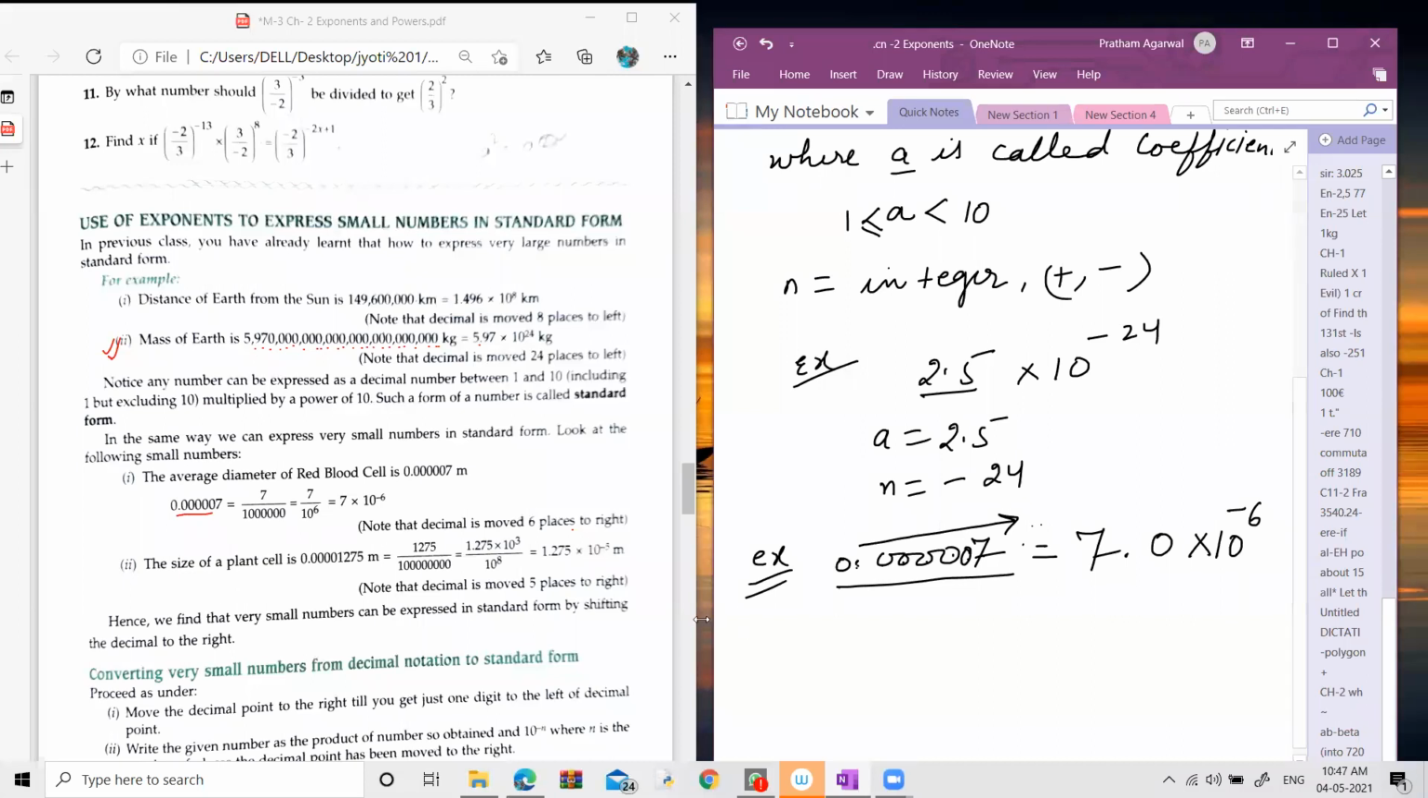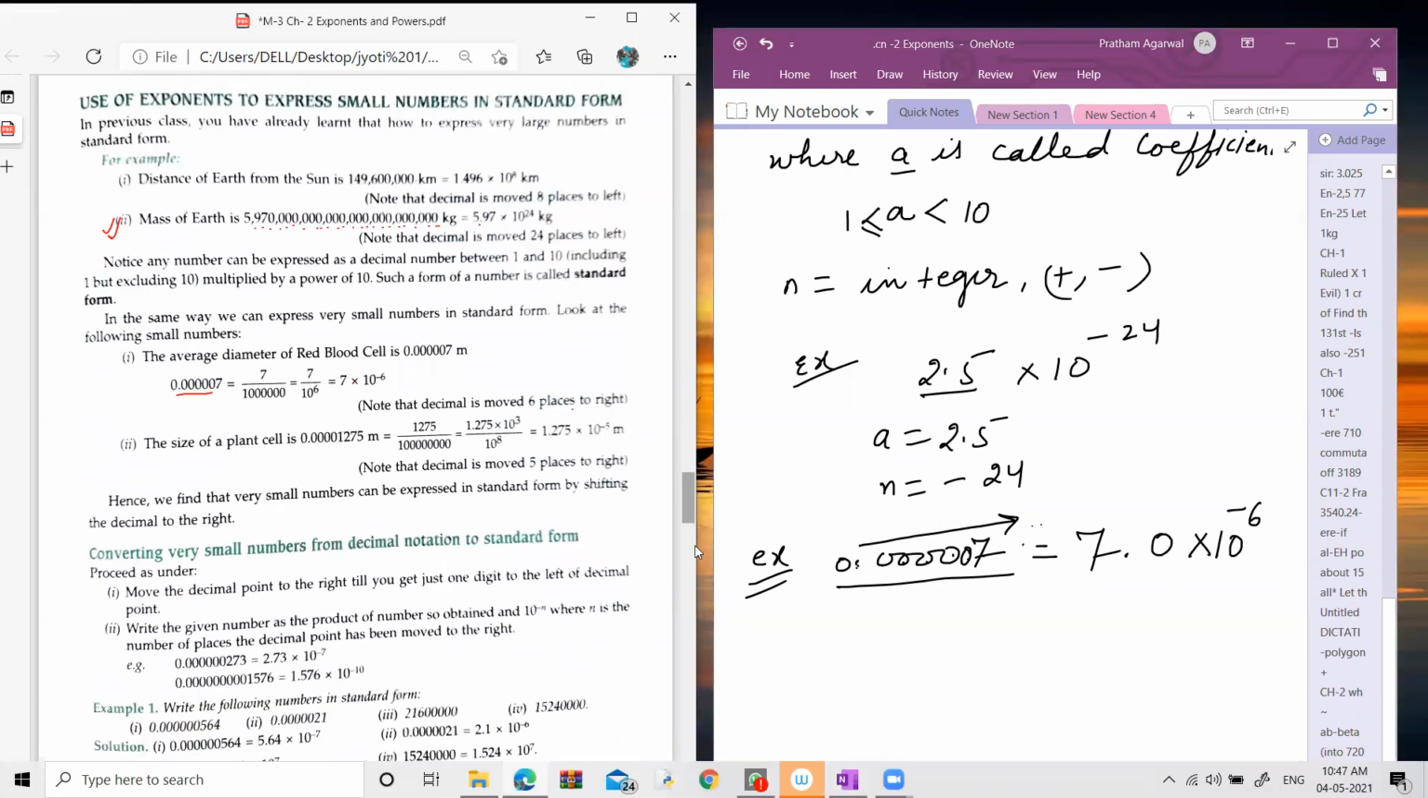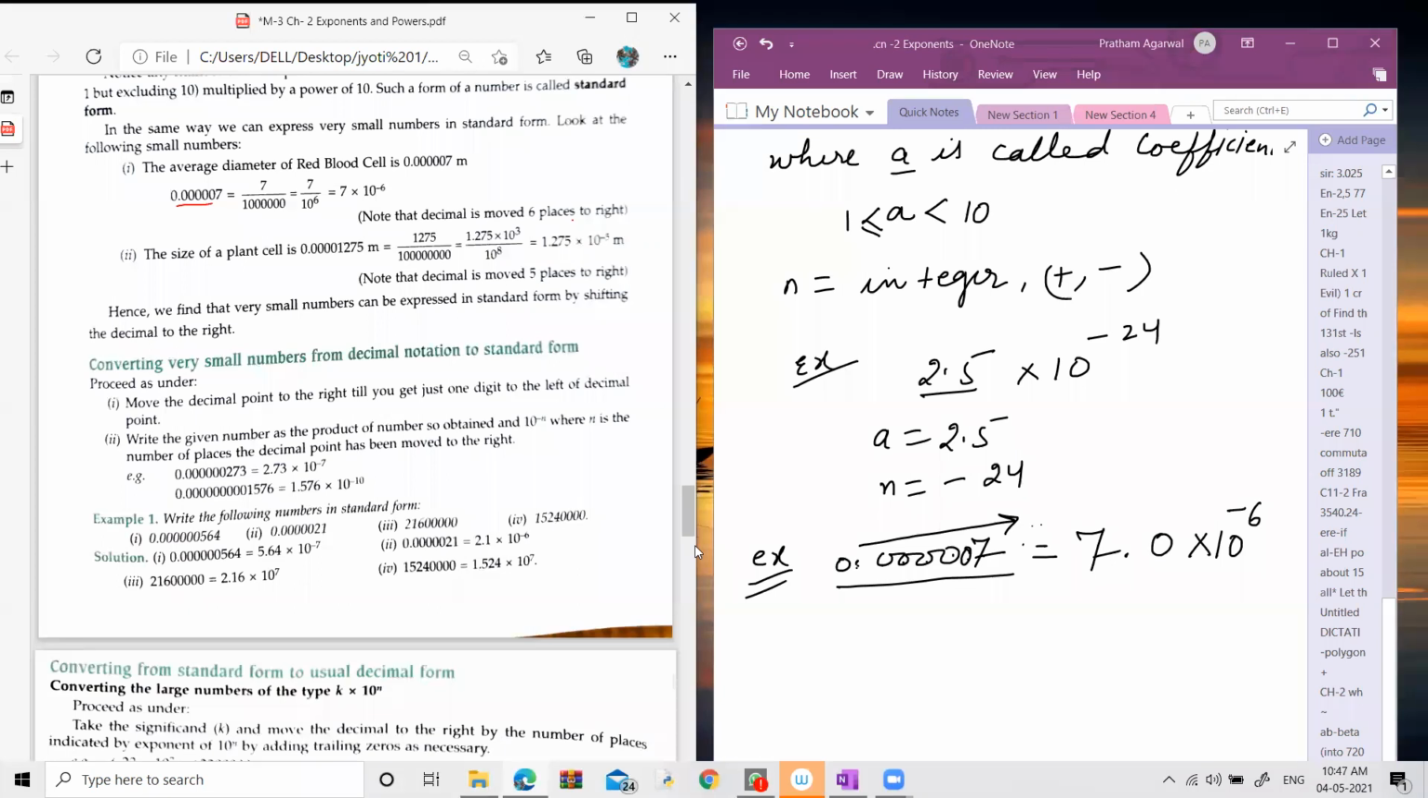Now, let's come to these rules. Converting a very small number from decimal notation to standard form. Proceed as under. Move the decimal point to the right till you get just one digit to the left of the decimal point. It means, suppose this is a number, okay? The decimal is over here and you have to shift this decimal just after one digit, and it should not be 0. So when you shift this decimal,